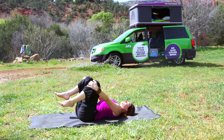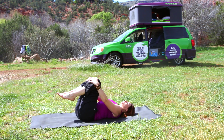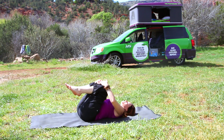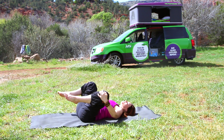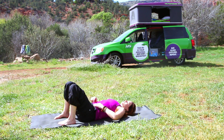And then one hand on one shin, other hand on the other shin. Make some circles with your legs. Go one direction and then the other direction, so your hips get a little bit of movement as well as your lower back. And then take the feet back to the floor